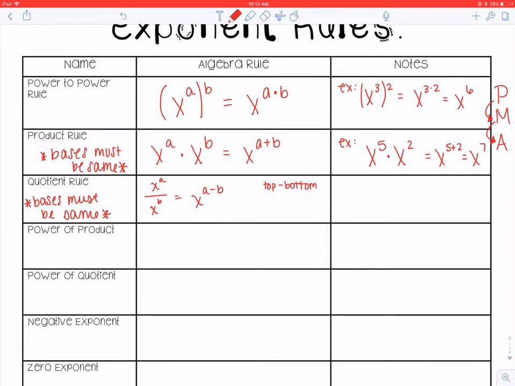So notice this exponent, it then went to the top. Technically that is x to the A minus B over 1. However, I don't need to write the 1. So an example of this would be